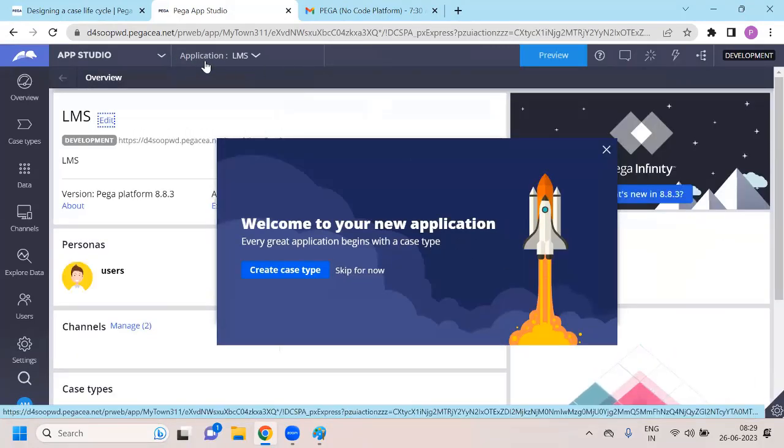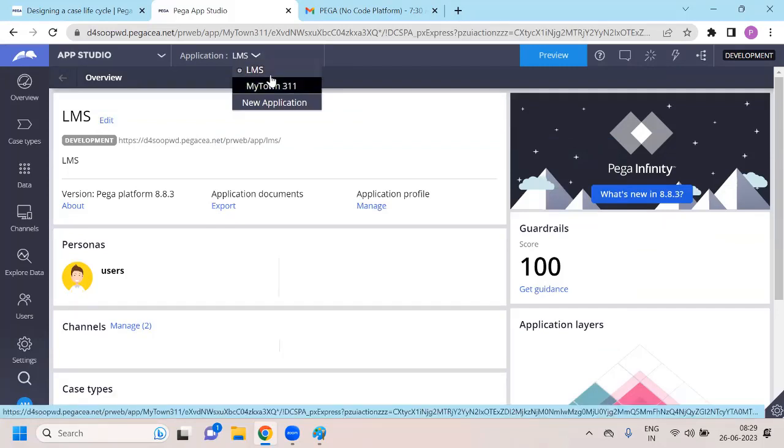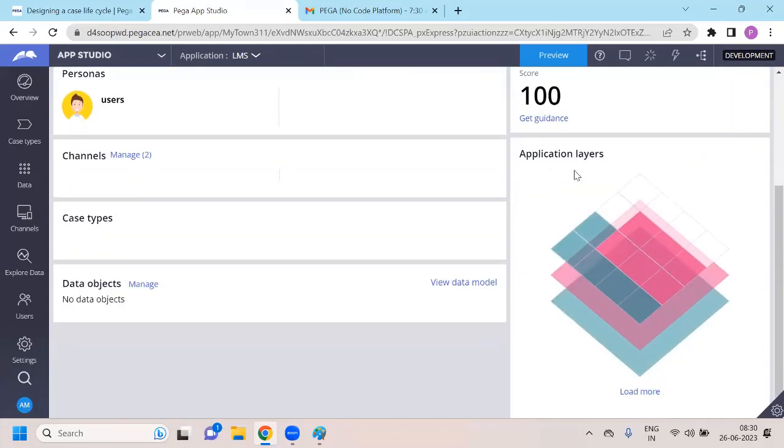So see here, if you look at now in the application menu, what do you see? LMS as the application, right? But this is a previous application we had, and this is the new application which we have created. So we are done with application creation. Now, if you look at your application layers,